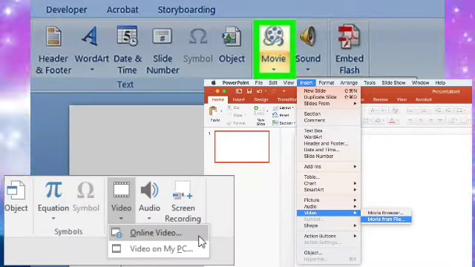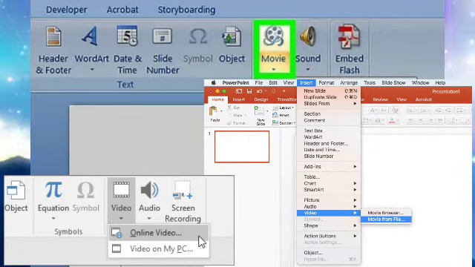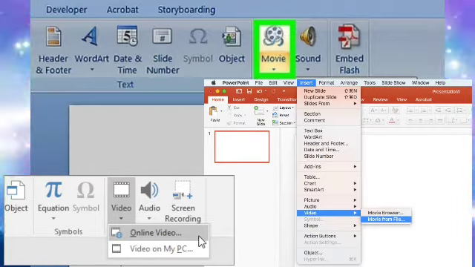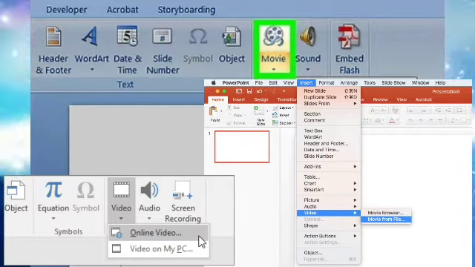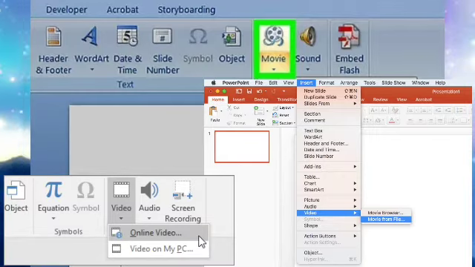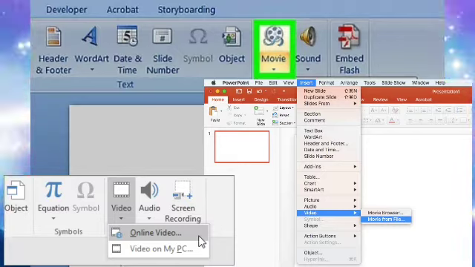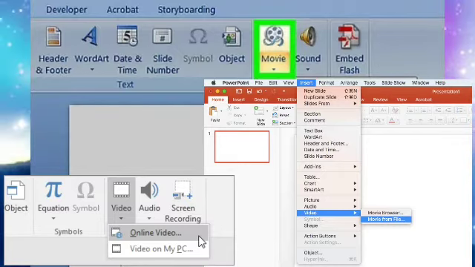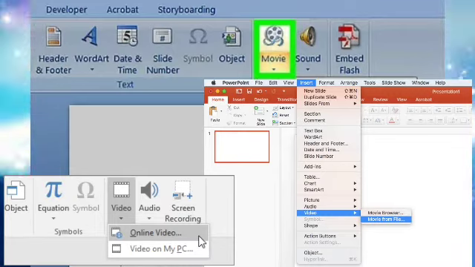First of all, go to the Insert tab, then choose the Media group. In that Media group you can choose Video. In video also, similar to audio, there are video from file, video from website, or clip art video. These are the 3 options. Whichever video you want, you can choose from these 3 options and insert it.